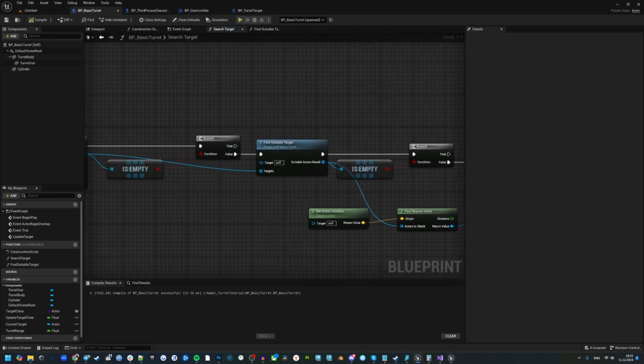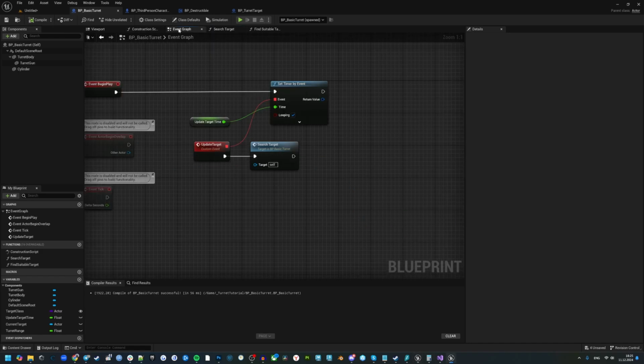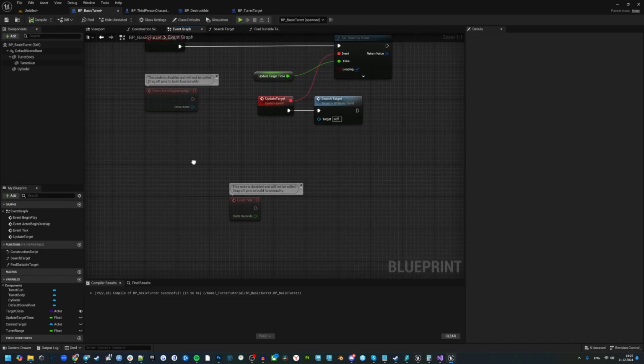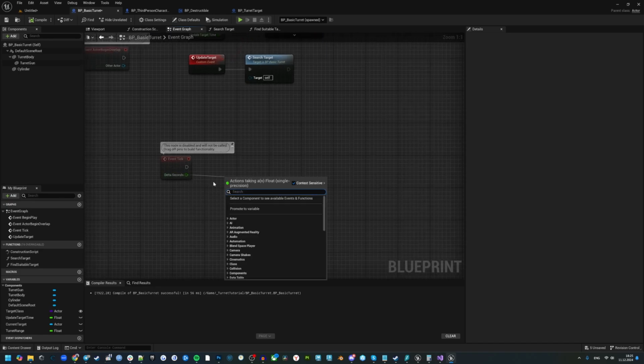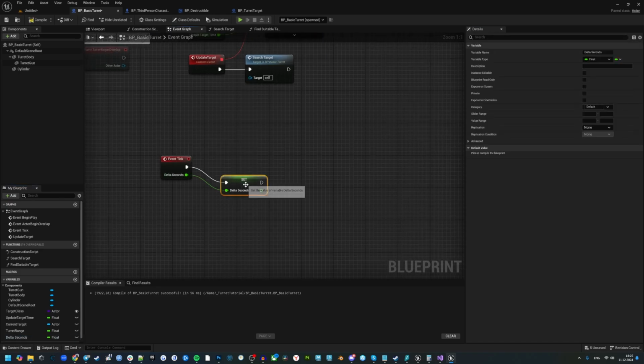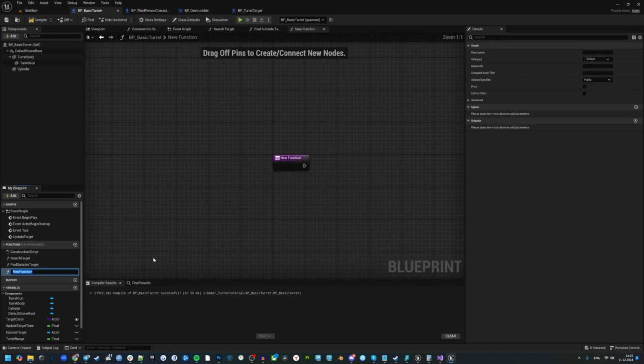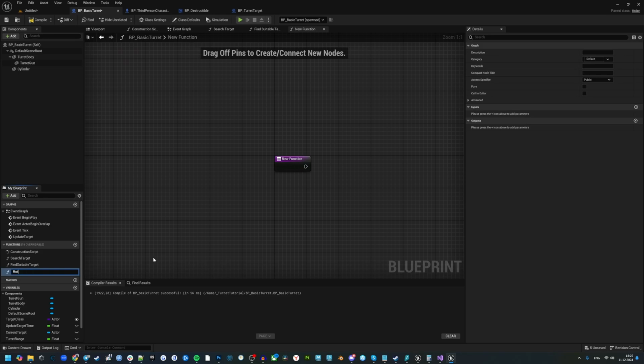So the next thing we can actually do is to rotate the turret to our target. We're going to be using the event tick for that. And first thing we want to do is to promote a variable, the delta seconds. We will use it to smoothly interpolate our turret. And we can implement a new function which we'll call rotate to target. This is going to be a hard one,